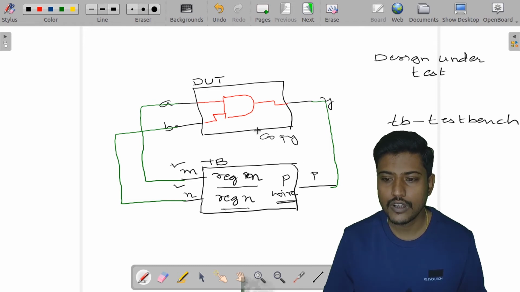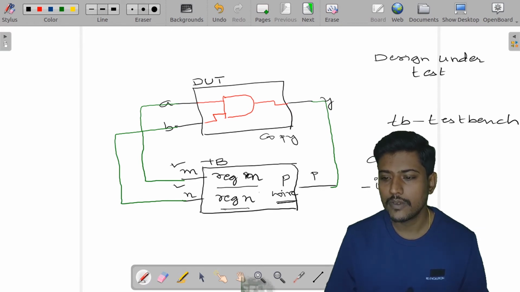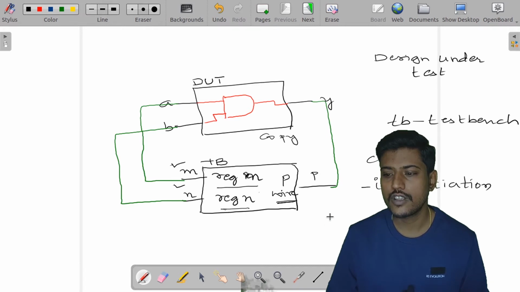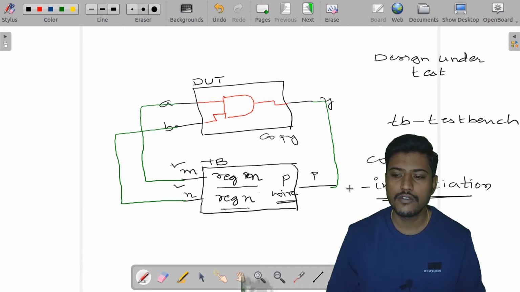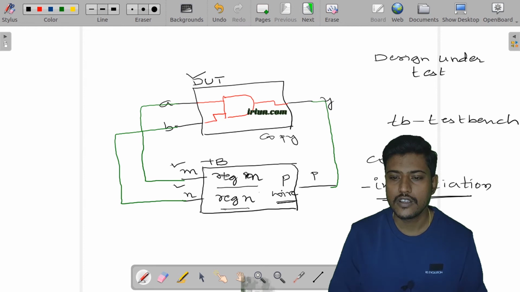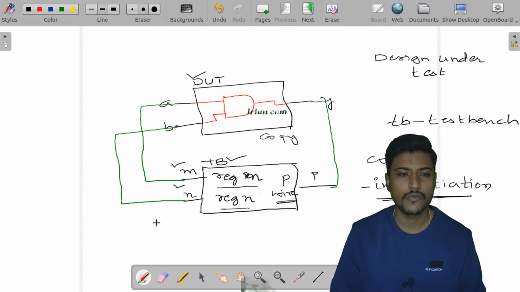A copy of this will be present inside my TB. Taking a copy, we will be calling it instantiation. So we will be instantiating the main design file, or the design under test, inside your TB, okay.